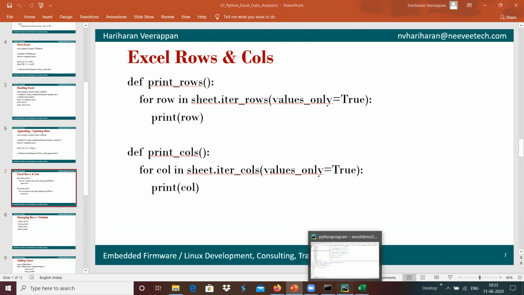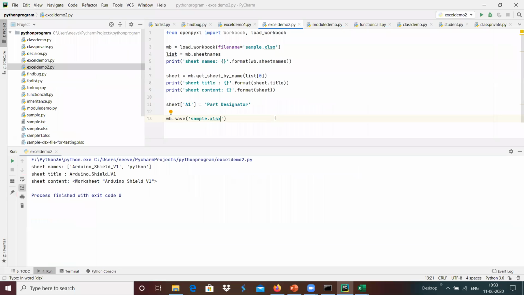Here we will see how we can use this to print or get the information.